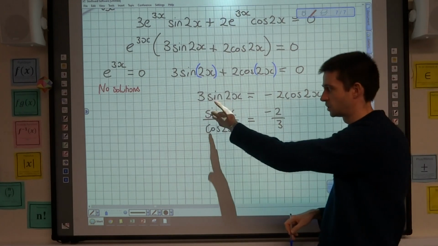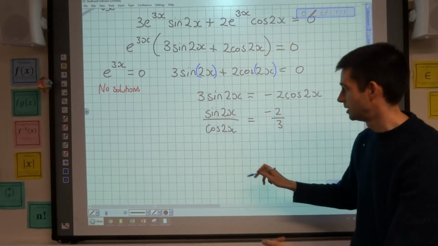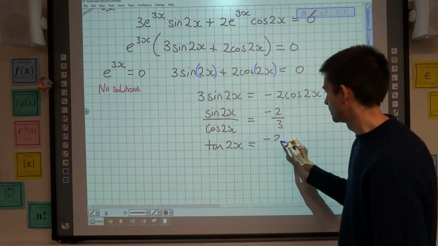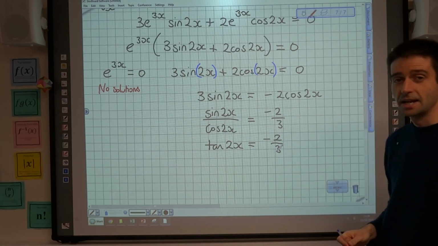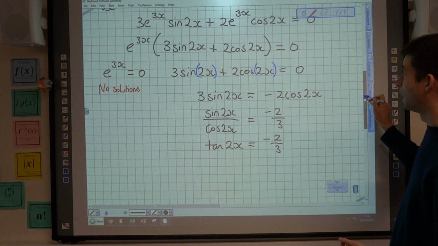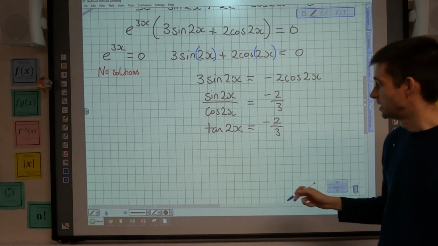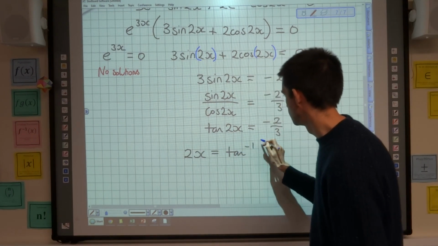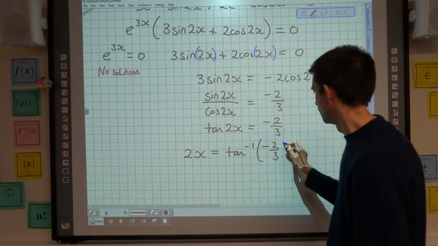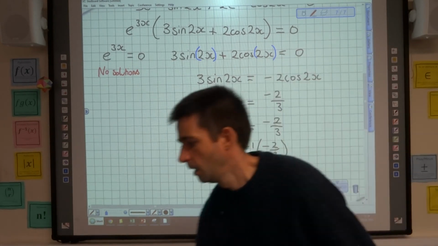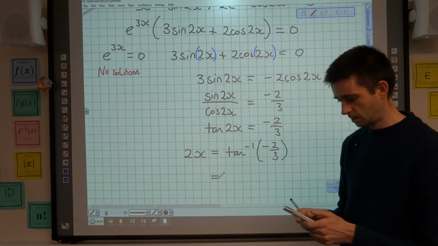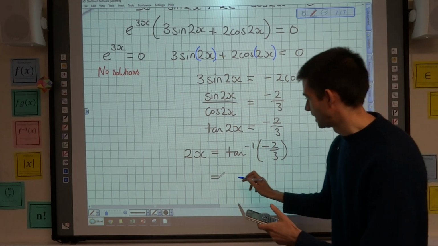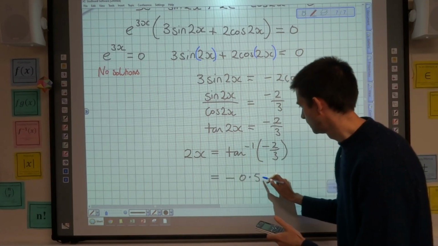What that then means is I have sine of a function over cos of the same function. I can use the identity to give me tan of that same function. So tan 2x equals negative 2 over 3. And I then need to solve this to find the value of x. So 2x is going to equal tan inverse of negative 2 over 3. Make sure you're in radians mode. Which comes out as negative 0.588,